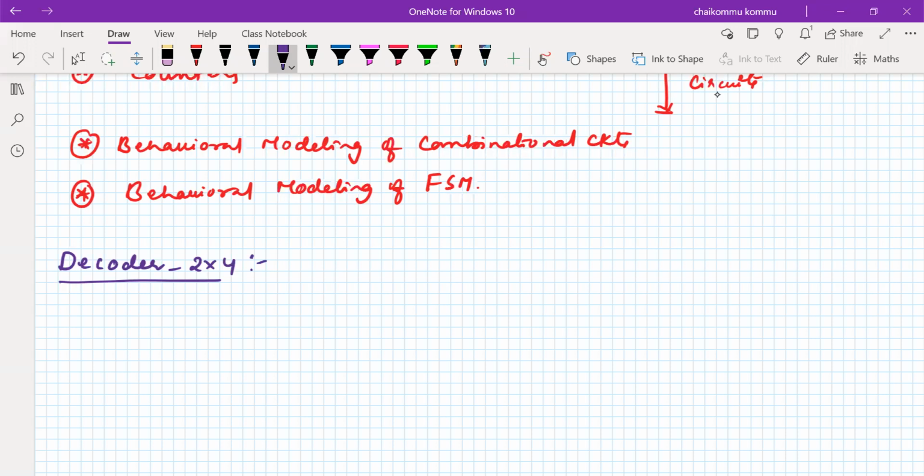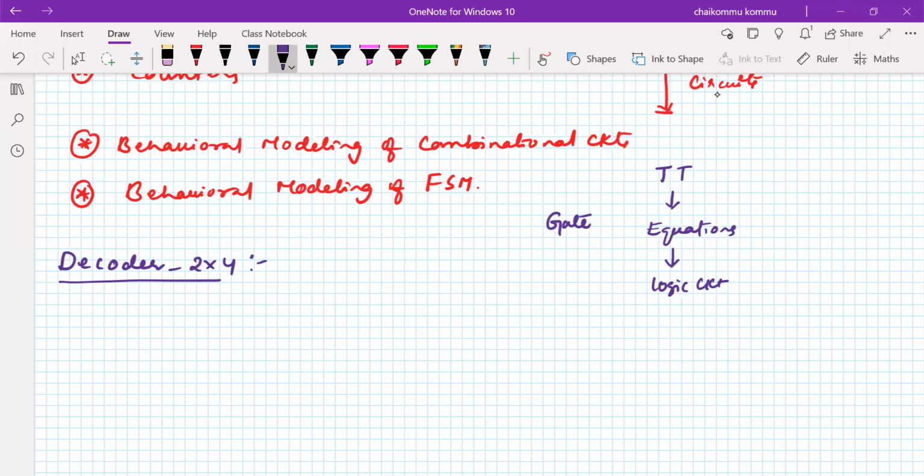For example, if you start with gate level modeling, we have to develop it as follows. First we have a truth table. From the truth table to basic equations, and from the equations to logic circuitry, which may be gates or something else.